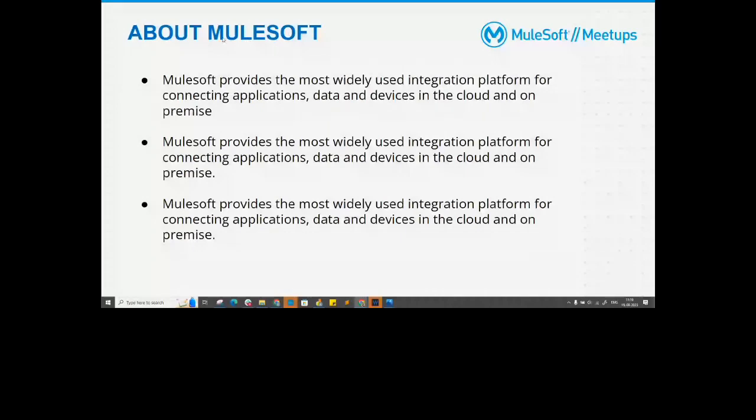What MuleSoft says is try to avoid repetitive tasks as much as you can, because we are in the IT industry where change is constant. If we are doing the same task again and again, there will be very small room to innovate and to grow. That is why MuleSoft has come up with a solution which encourages us to be more innovative rather than doing the repetitive task again and again,